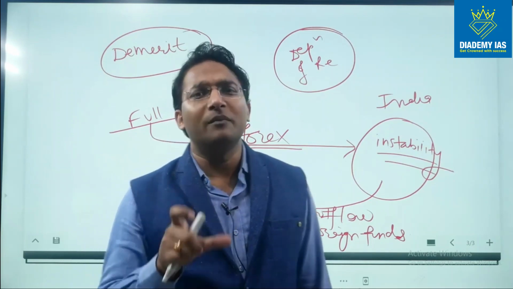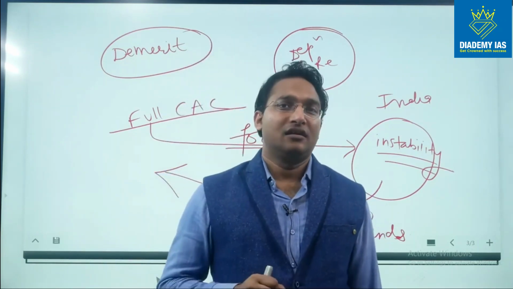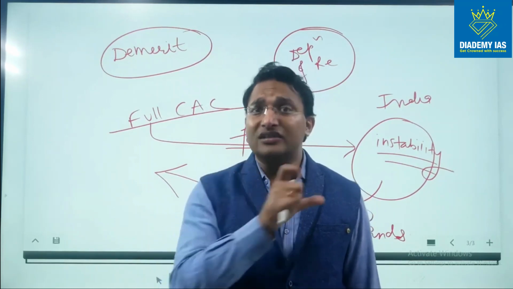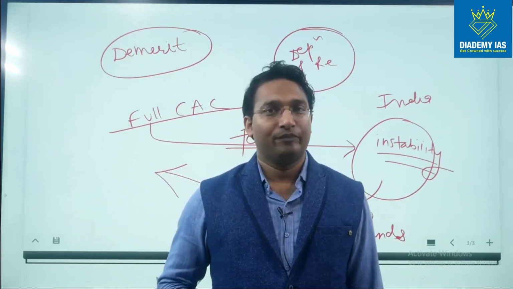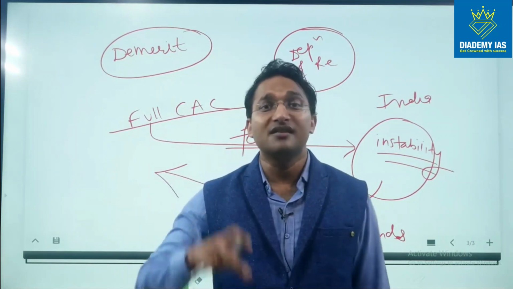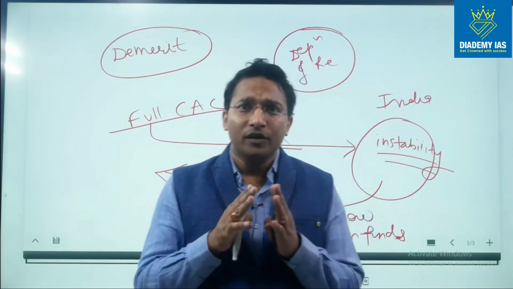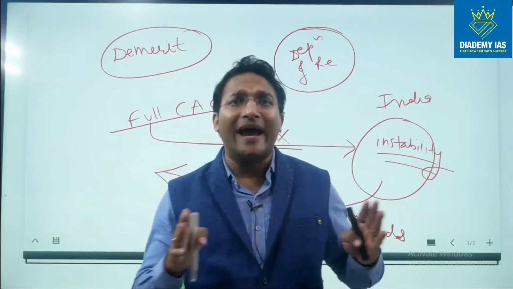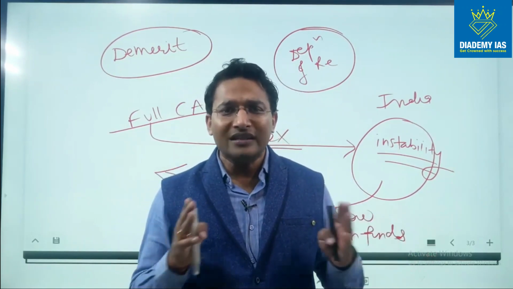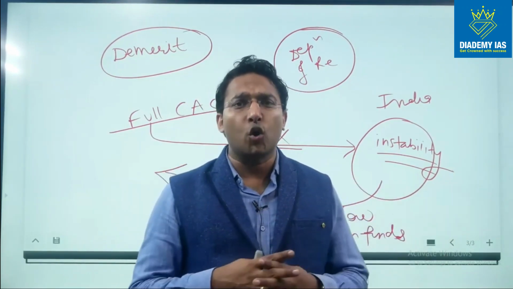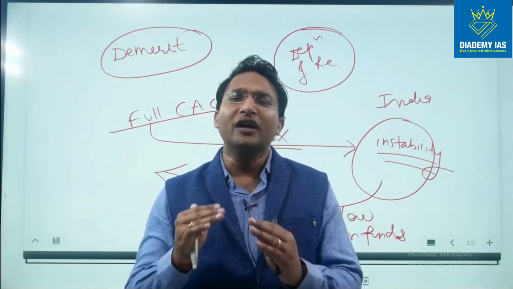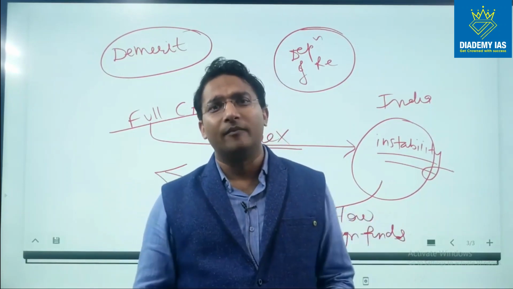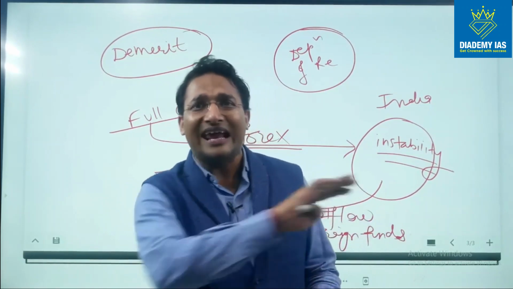So the biggest problem is the volatility. Biggest problem is the instability it can cause in India's financial system. This is the biggest problem. And this problem is not hypothetical. We can see this problem recently. This coronavirus issue is happening, and a lot of foreign investors are withdrawing the money from India. India's stock market is crashing like anything.